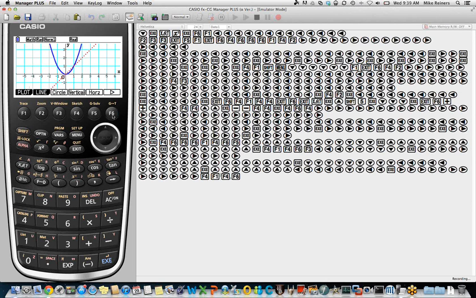Now we've had a question come up from a participant who has asked why these two menu options are black. If you notice, all of our other menu options in the sketch menu have a white background, and these two options have a black background. And that's because all of the menu options we've used so far have had white backgrounds, and when we choose that menu option, it has immediately done something. So when we choose circle, it immediately allows us to draw a circle. When we choose horizontal, it immediately allows us to place a horizontal line.